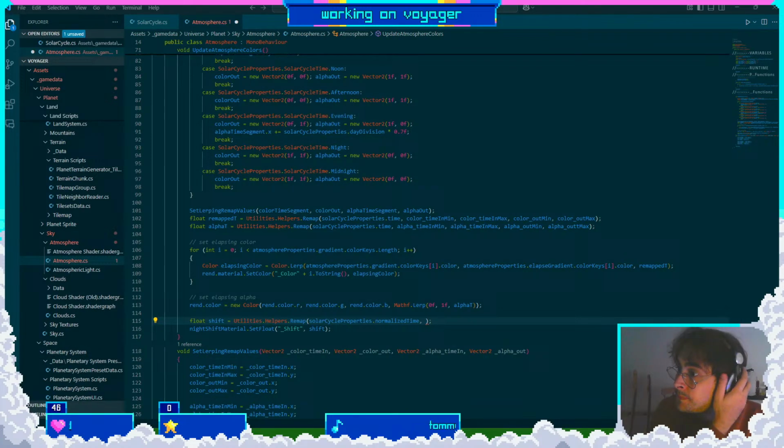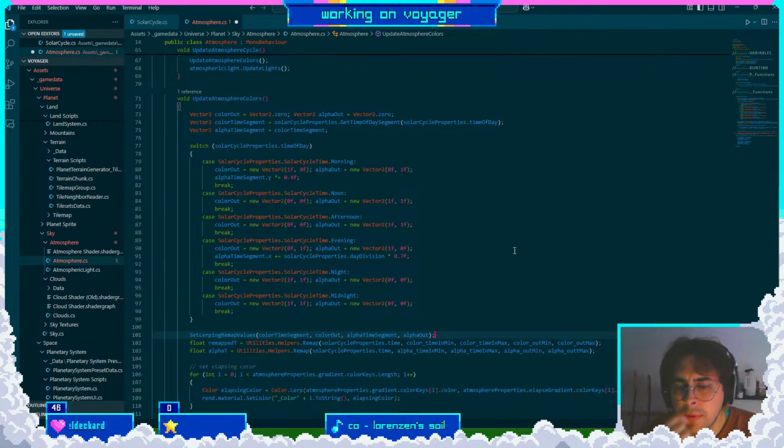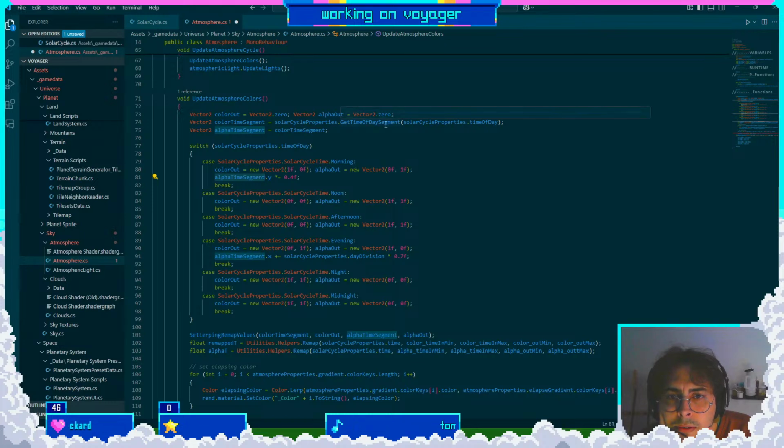Okay, so yeah, so I kind of get it now, I think. So this is basically getting like color time segment, get time of day segment. This is a vector 2. Okay, so